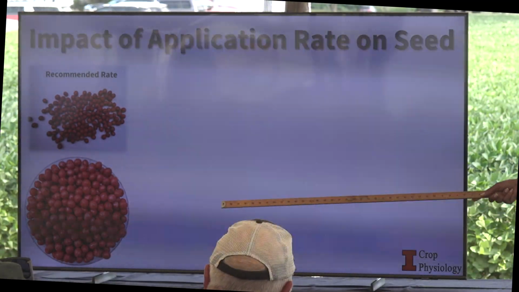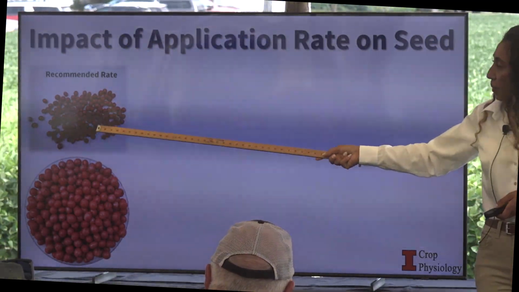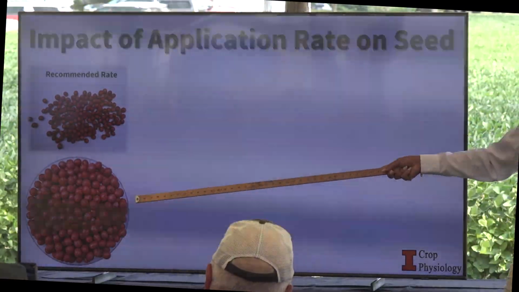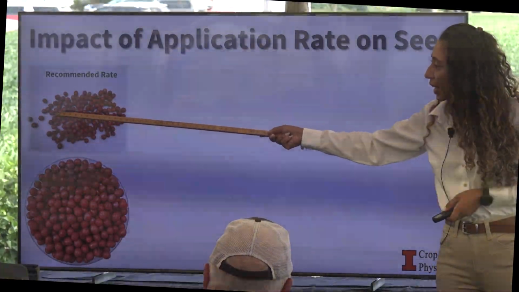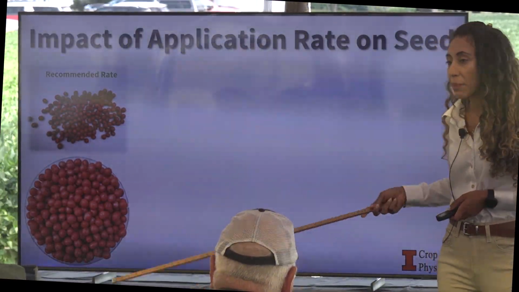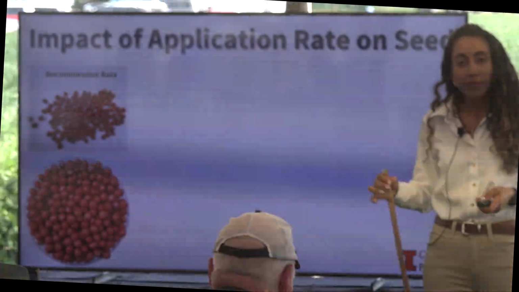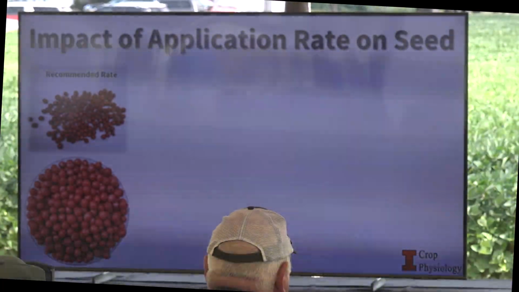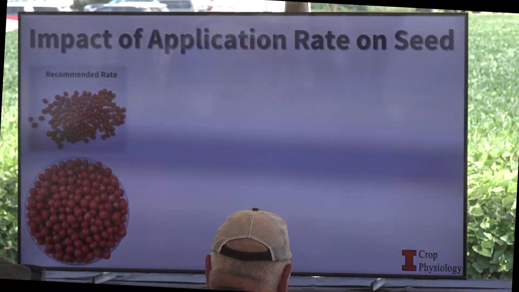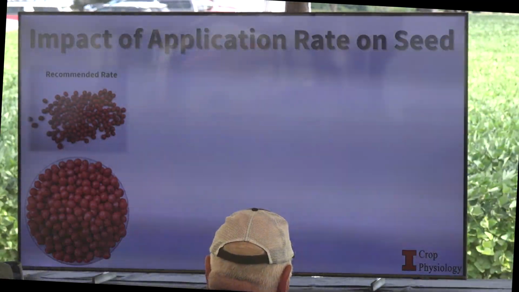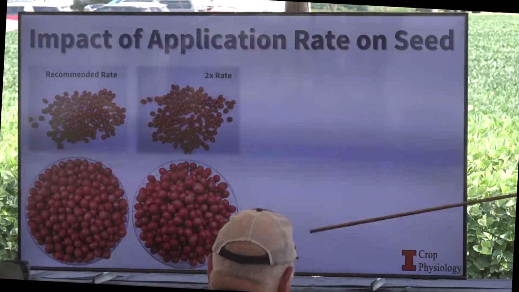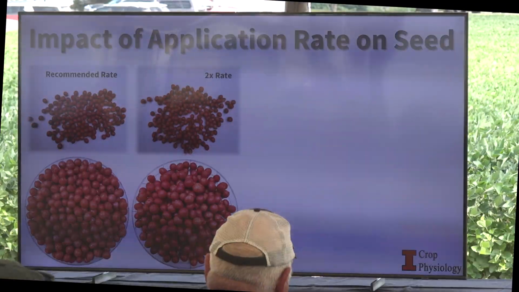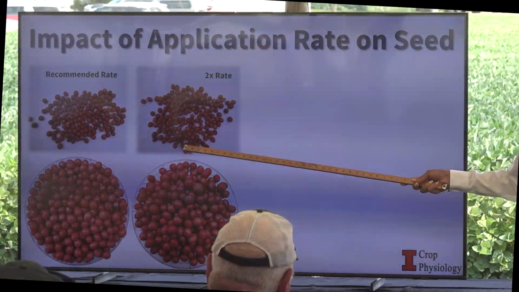And what I could see here, using the recommended rate, I didn't see any stain on my white paper. That was showing me that it was okay. I was doing the right thing, following the label and using the recommendation. But since I'm curious, I did, okay, let's double that rate and see what happens. Using the double rate,